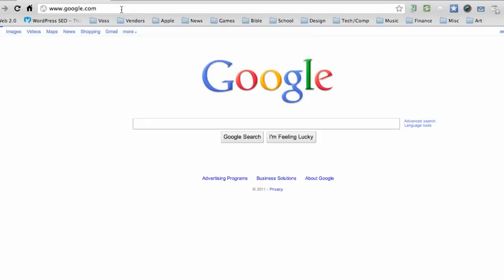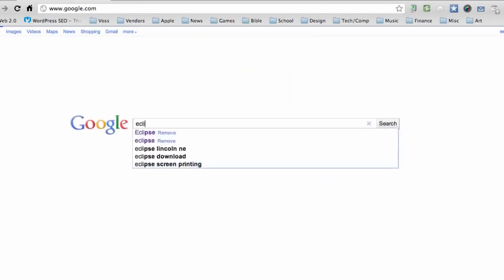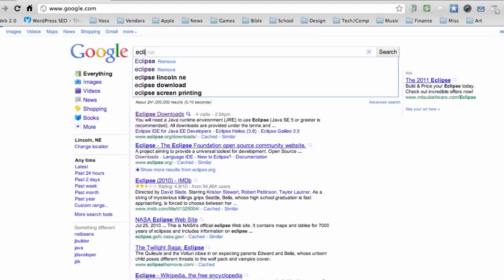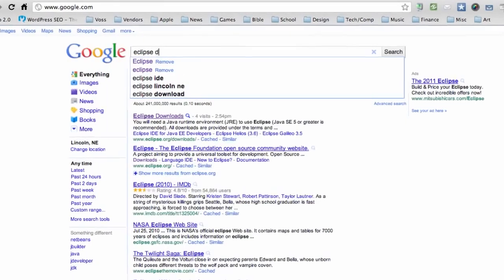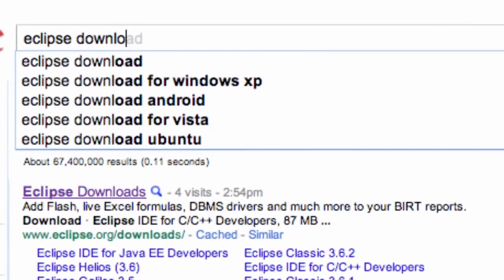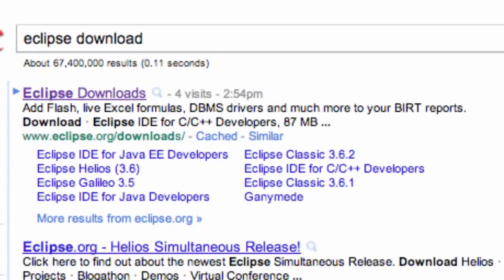What's up, guys? Welcome to your second Android tutorial. What we're going to do in this tutorial is, again, some boring stuff like installing software. The software we're going to install is Eclipse. So go into Google, type in Eclipse or download Eclipse. I'm going to say Eclipse download, and it should be the first link from